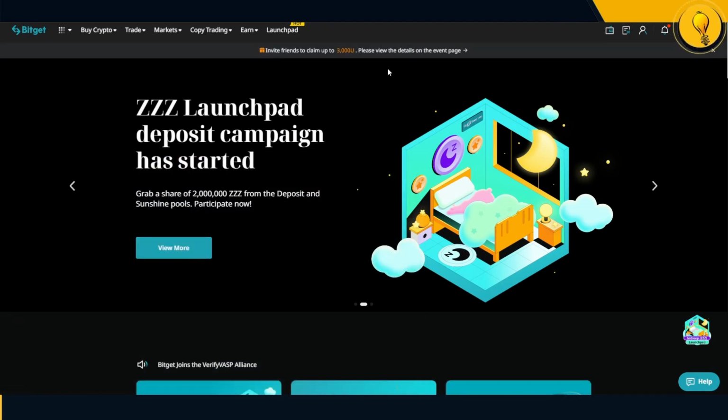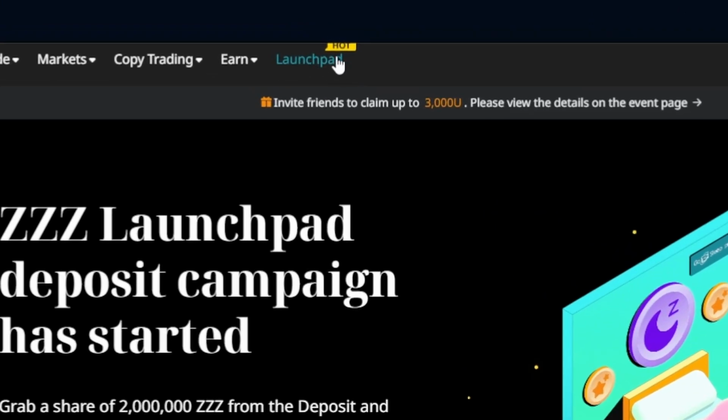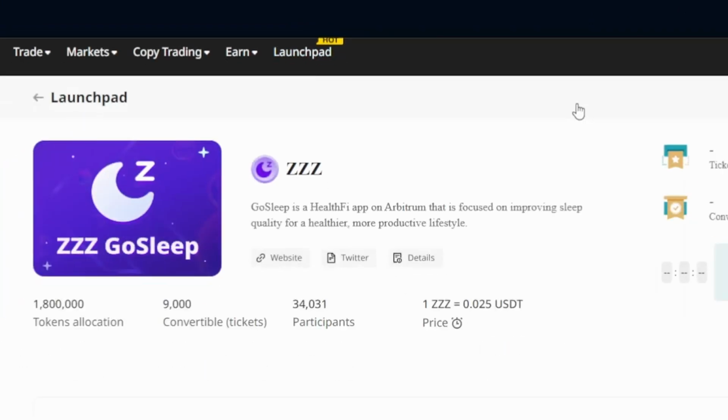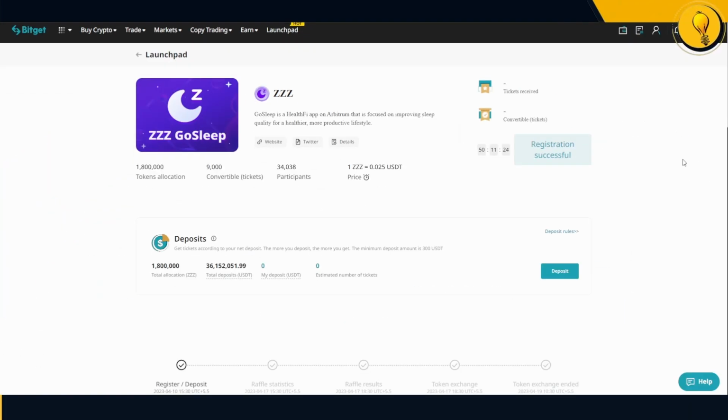Now, if you get on over to the Bitget exchange, primarily if you just click on this last option, which is the Launchpad. So now what exactly is the Launchpad? Well, the Launchpad is essentially a platform for new projects to host their coin listings on. Now, I'm sure that Bitget goes through their due diligence to make sure that they get the right projects on this platform. Right, so now right off the bat, you have already noticed that there is an ongoing ICO